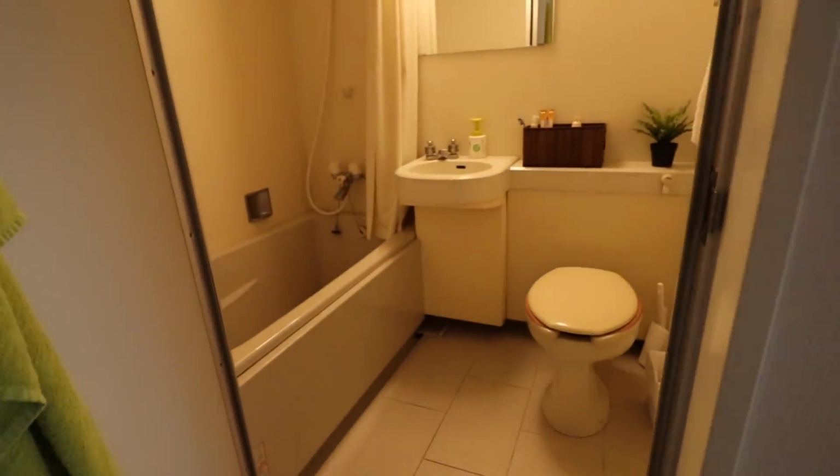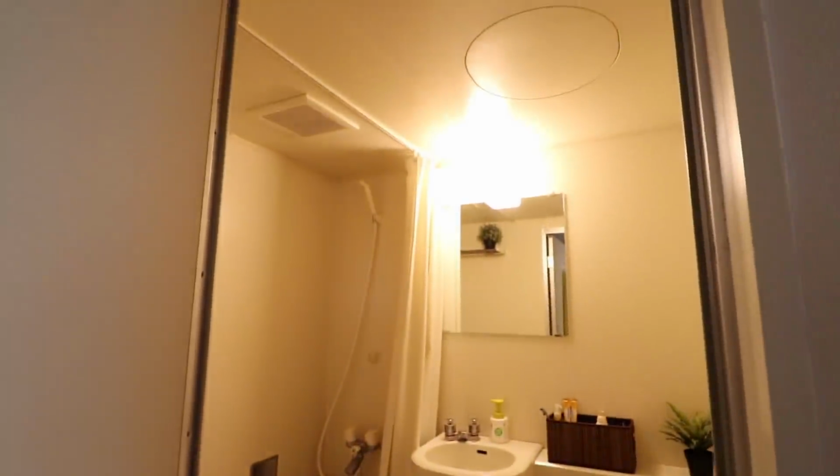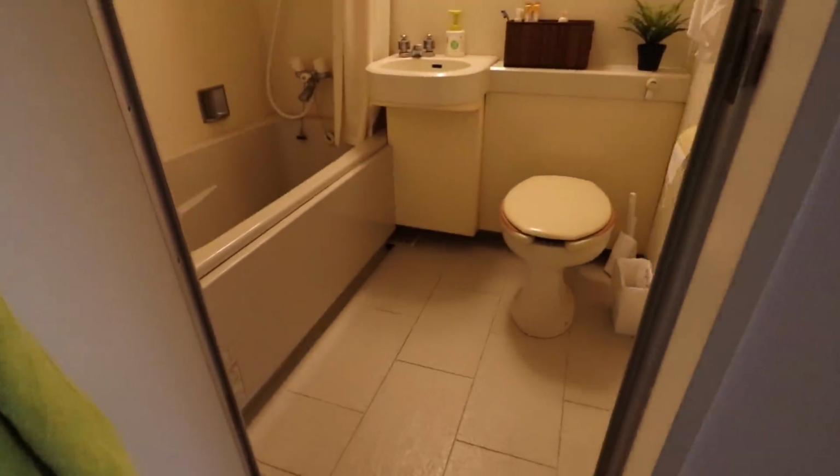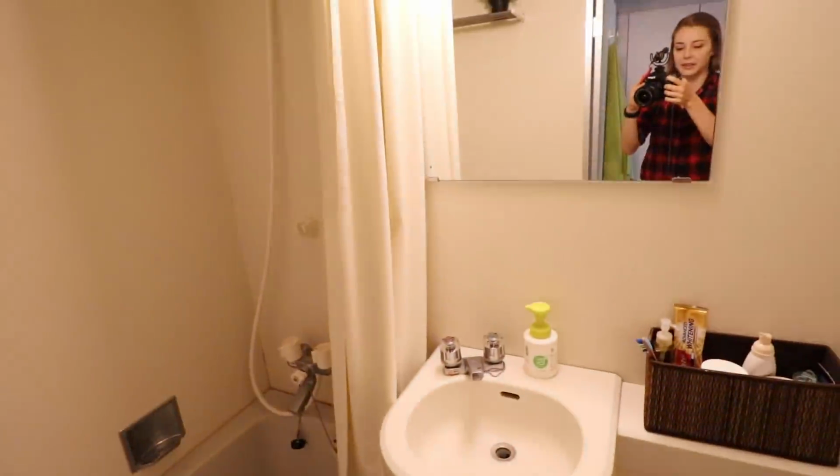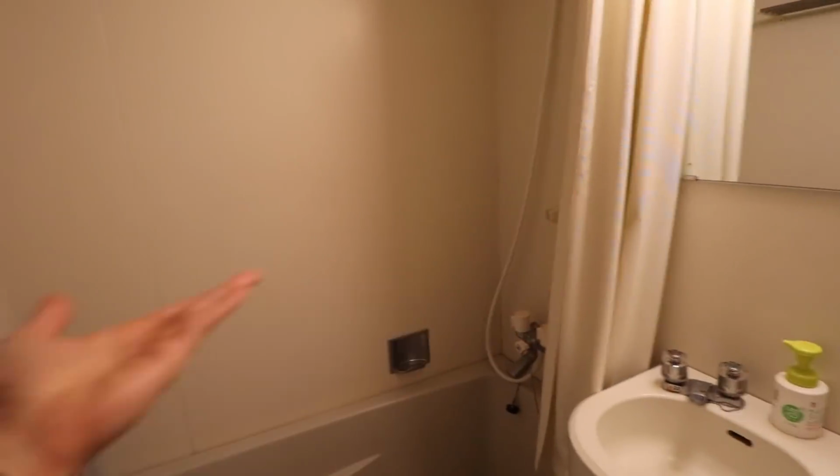So here is the bathroom. This is actually a very standard looking bathroom in Japan. Everything is kind of this plasticky material. I think the whole room is a wet room because there's this drain down here. I don't use it as a wet room because I have things like the things that I use to wash my face, as well as towels and all that kind of jazz hanging from here. So I don't use it as a wet room, I just close the shower curtain